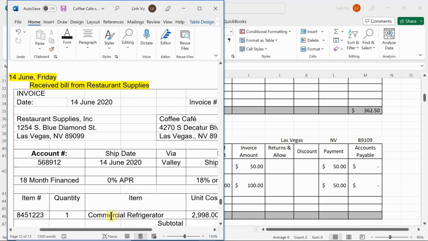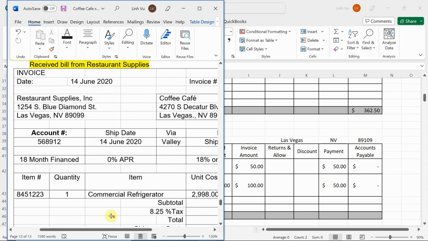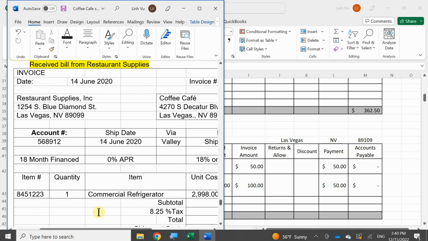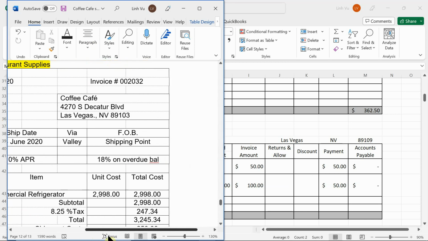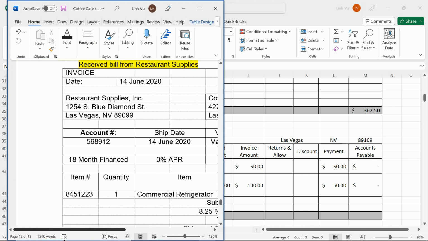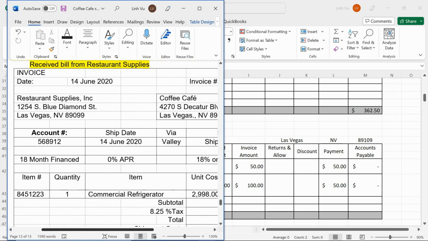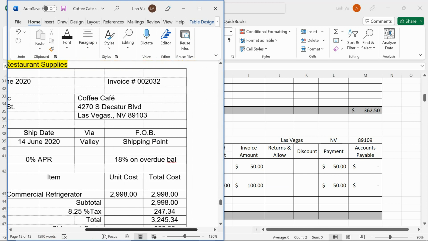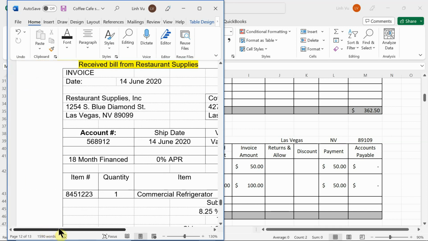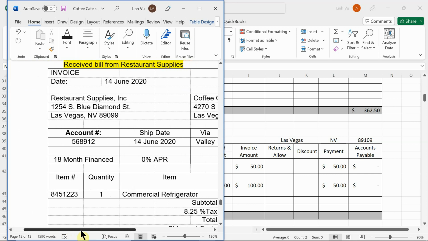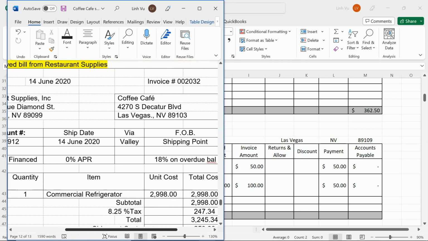Okay? From Restaurant Supplies, you put it on your account number 568912, right? Ship date is the 14th. It says here that we put it on an 18-month financed plan, 0 APR, and then 18% APR on overdue balances. Okay. Here, right, we got the commercial refrigerator for